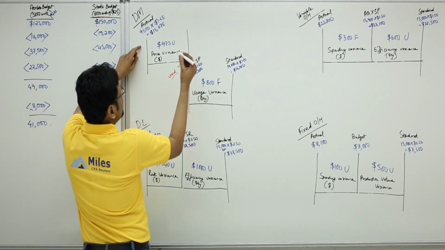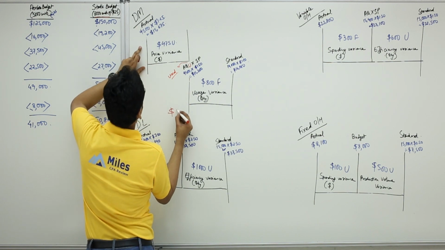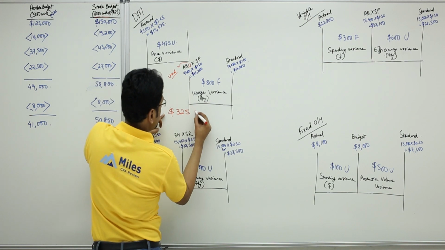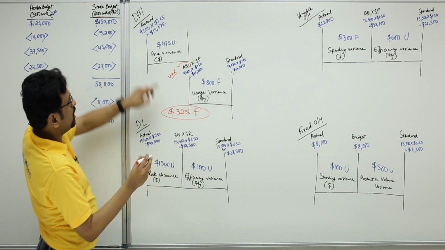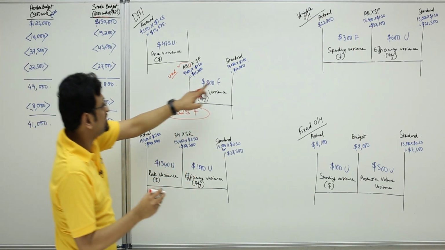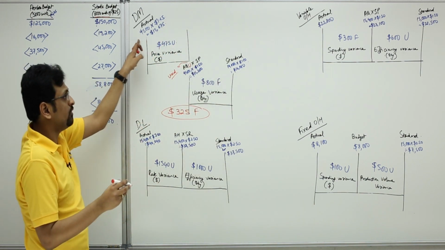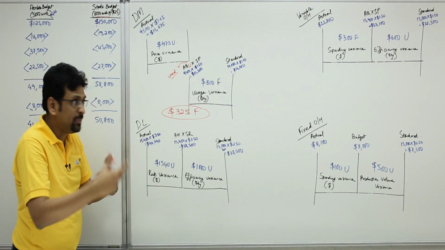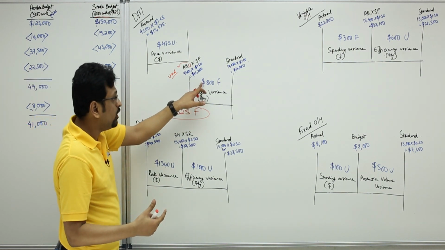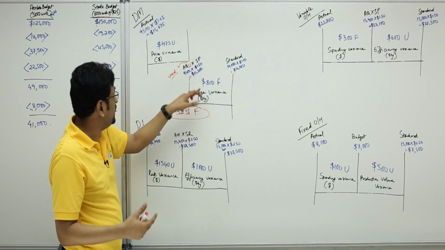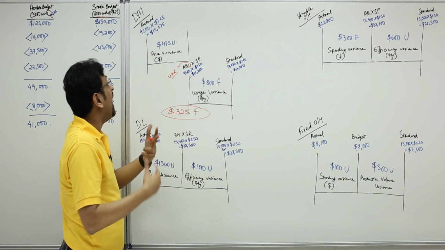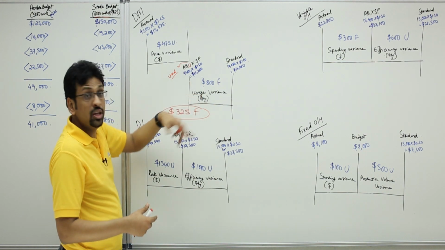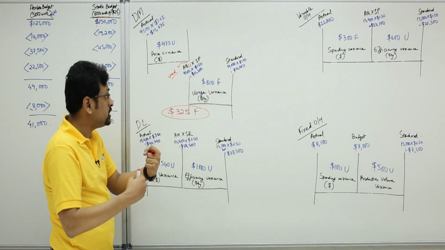So that means they had a $325 of favorable direct material variance. Instead of using 16,000, they used 15,675. Now this $325 can be split into $800 favorable usage variance, quantity, and $475 unfavorable price or dollar variance. So $800, this was favorable,